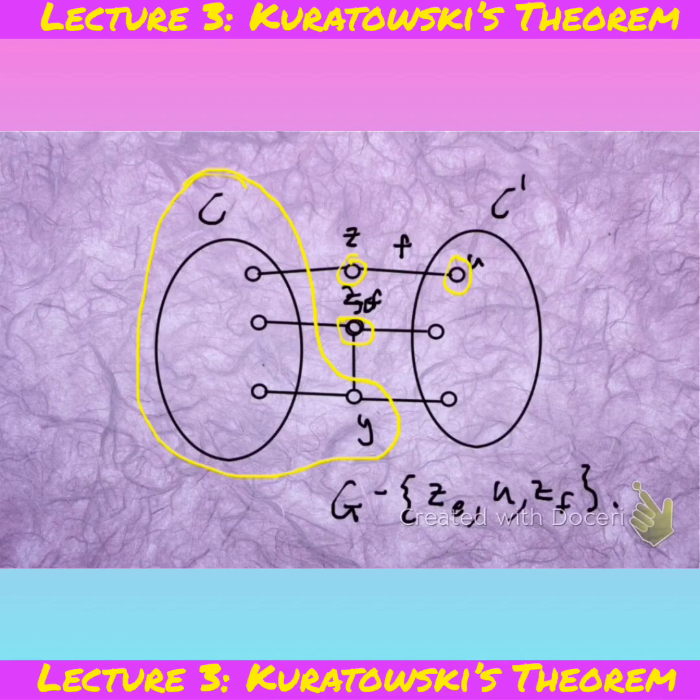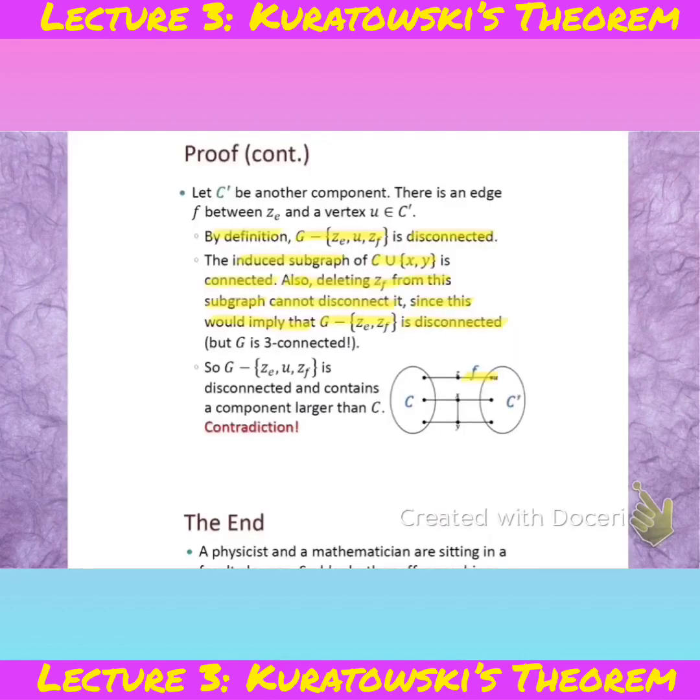So all in all, G without those vertices is disconnected, and it's definitely going to contain a component larger than C, and that's going to be a contradiction, so that completes